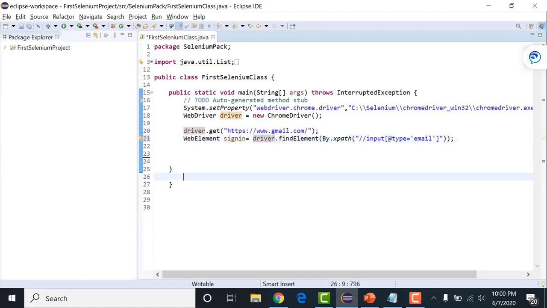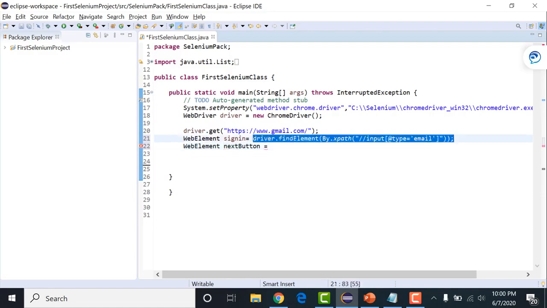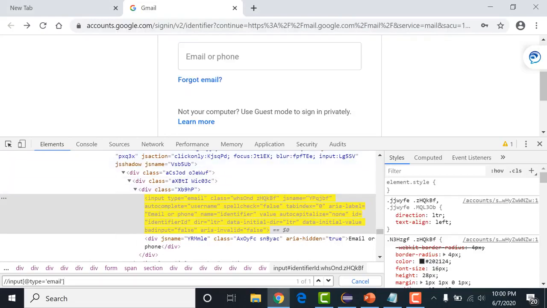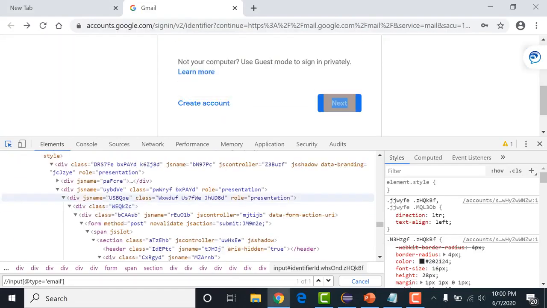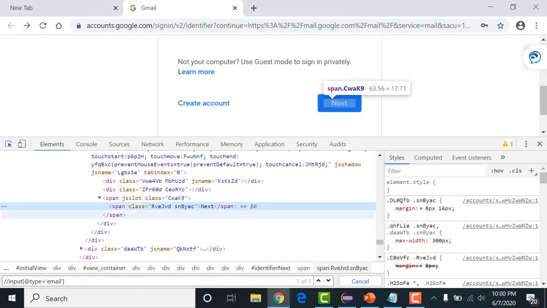in a web element. Fine. After that, what do I want? I want the locator of the next button. Simple. Now we are going to identify the locator of next. Where is the next? This next. What is this? This is the span element where the text is next.